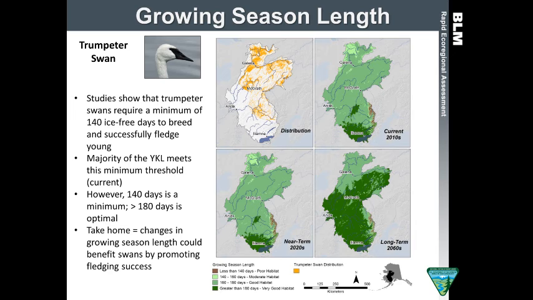So we don't maybe see an expansion in their range at all, but maybe they will have a little bit more time to raise their young, to sit on their nests, and so maybe they will be a little bit more productive within this. Maybe, or maybe what they're correlated with is continuous lakes. So that's the next slide that I don't have time to say, so that's why I say stay tuned. And when permafrost goes and those lakes go, we're going to lose trumpeter swans.